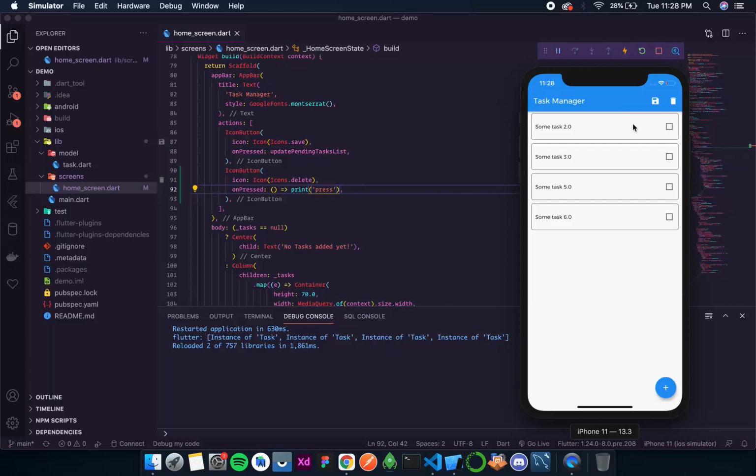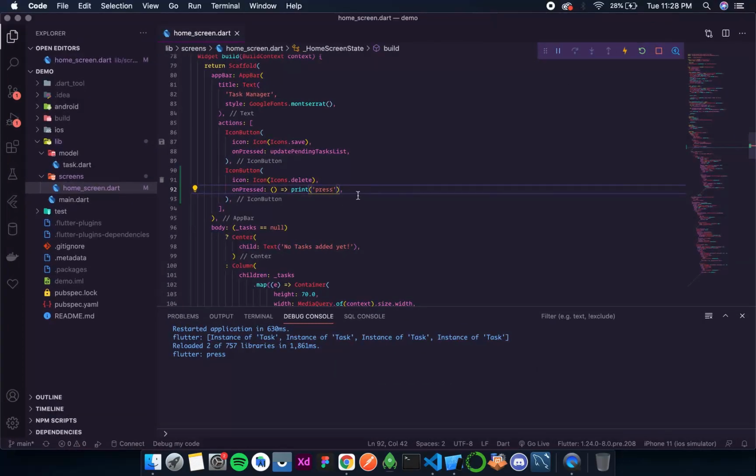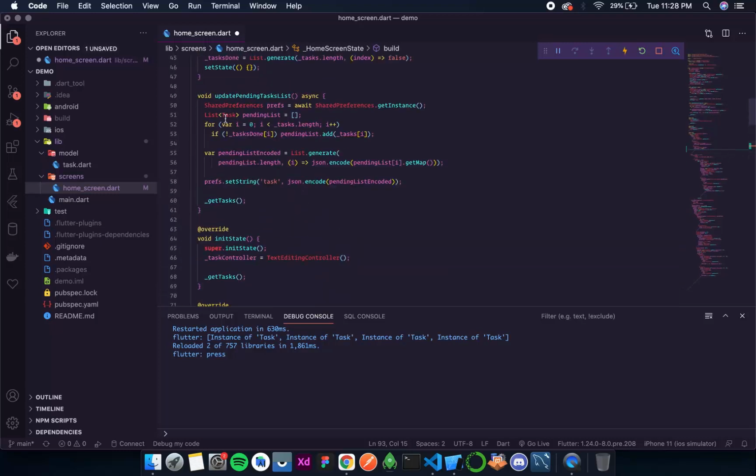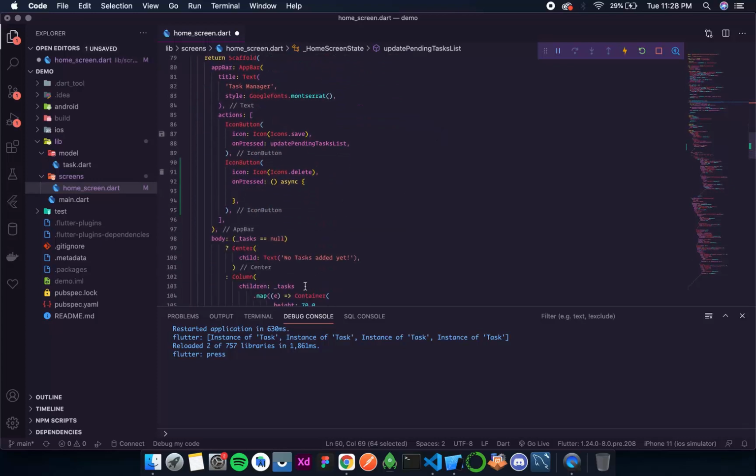So let's proceed. Now if I click on this delete button, press is being printed, but actually I want to delete all these things over here. So simply over here only I'll create the shared preferences. Let's see if this can be async. Yes, so this can be async. So let's get my shared preferences variable over there.